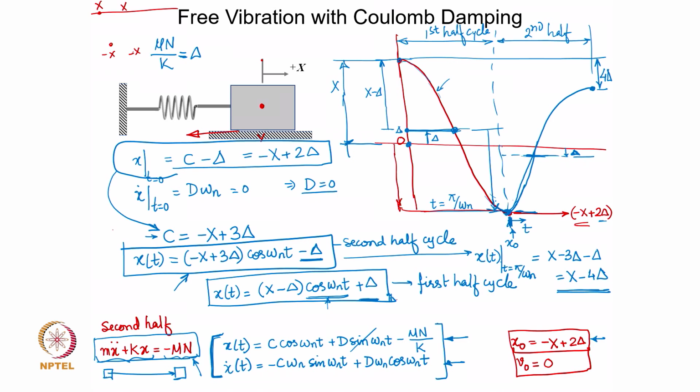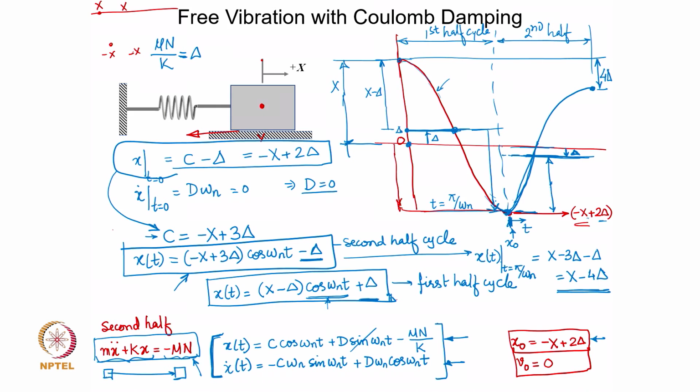Is that correct? So, x minus delta is the amplitude with which the first half cycle exhibits response around that mean position. In the second half, the response is around a mean position which is shifted negatively with respect to the 0 position. So, about this mean equilibrium position the oscillations take place, obviously because this is already